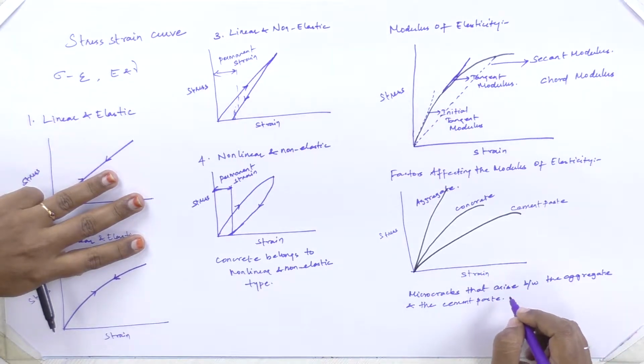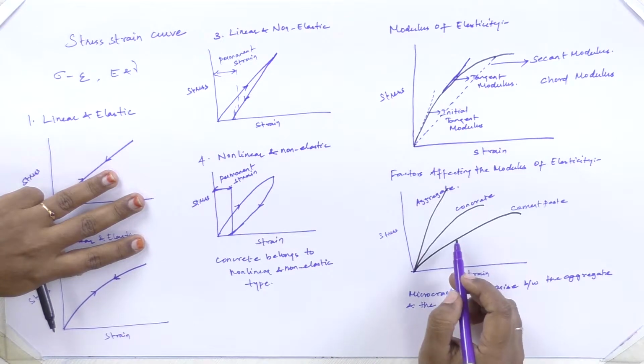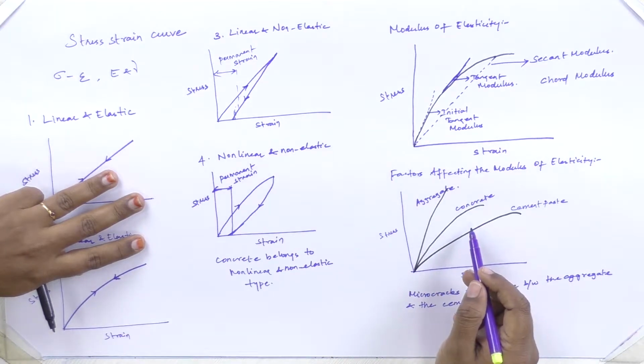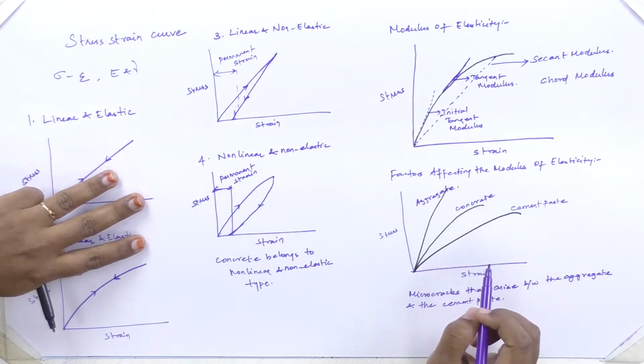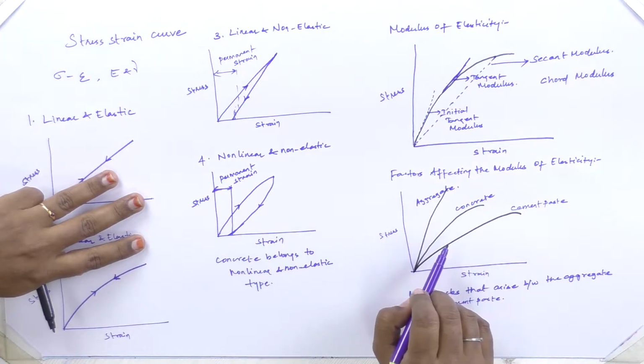Because of that reason, we are getting the stress strain value of concrete lower than that of the aggregate, and